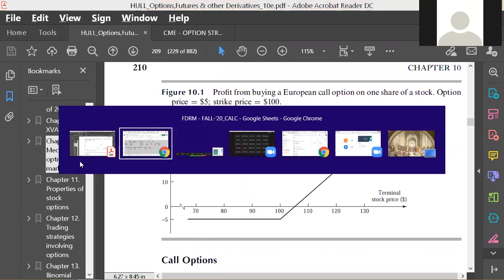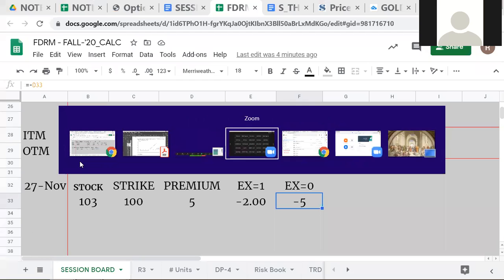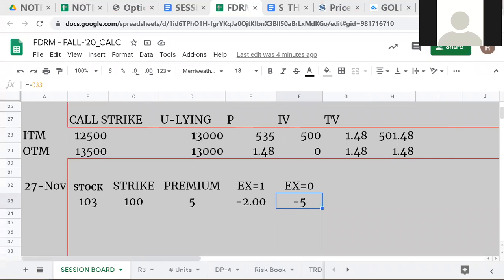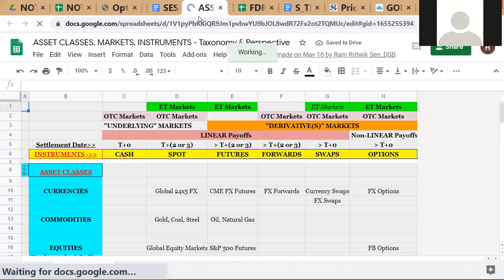So another thing to note here, if you remember, let me just pull it up here somewhere and then bring it back to you. If you remember your asset classes, markets and instruments diagram, the framework that we had used, I'll just bring it up here. Now, one of the things you'll notice is that here we have referred to,